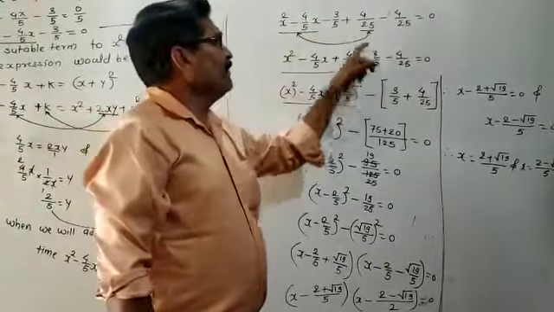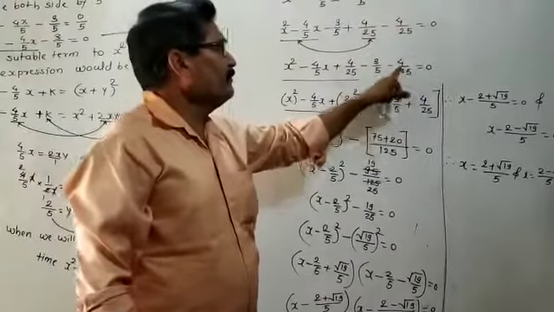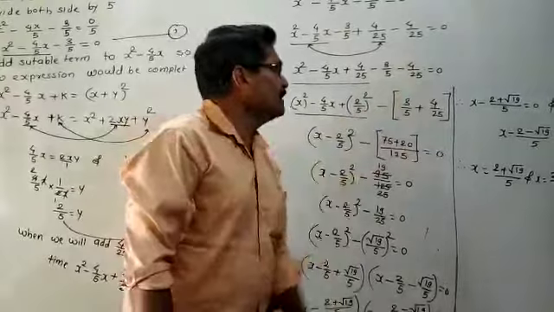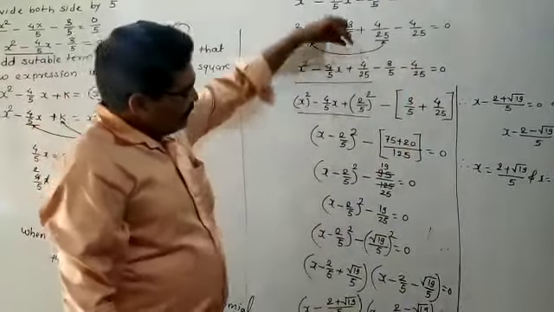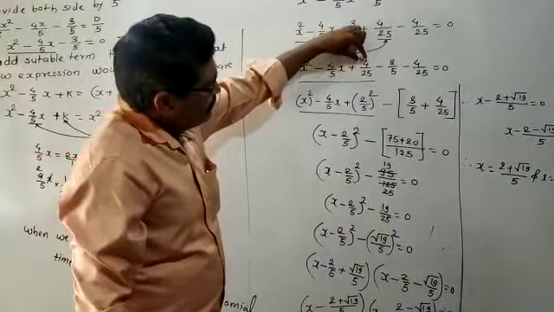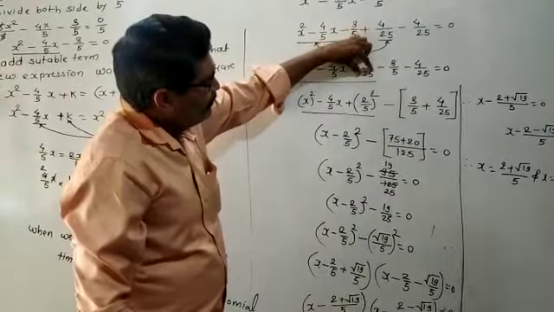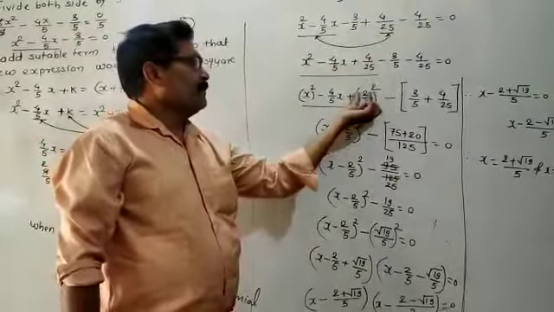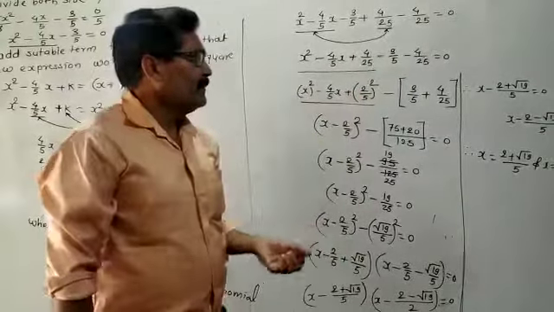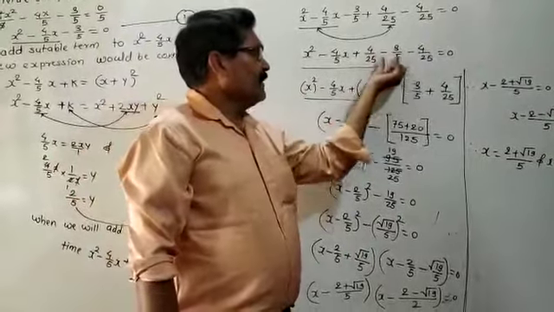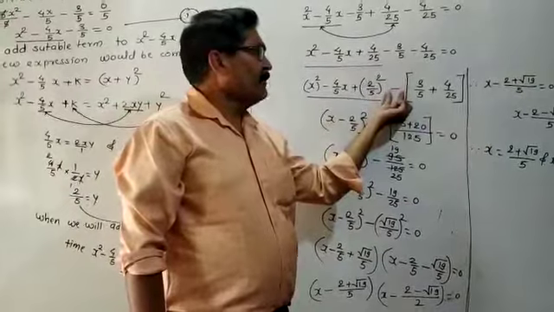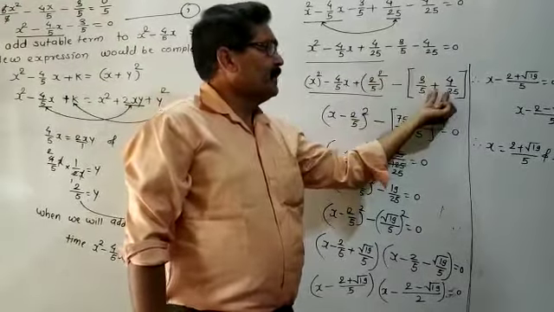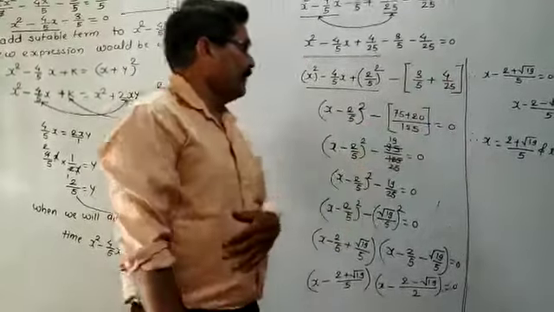Minus 3 upon 5 you have to write together with minus 4 upon 25. Minus 3 upon 5 minus 4 upon 25 is equal to 0. Then I will write this term as, this 4 is the perfect square of 2, this 25 is the perfect square of 5. Then 2 upon 5 bracket square. Then I will take out the common minus sign. At that time this 3 upon 5 as it is. This minus becomes plus, and this you have to write 4 upon 25.